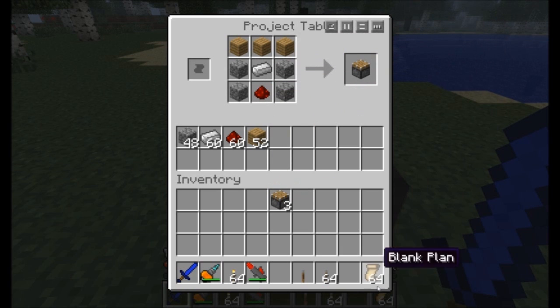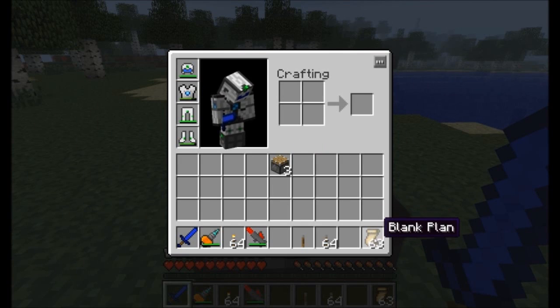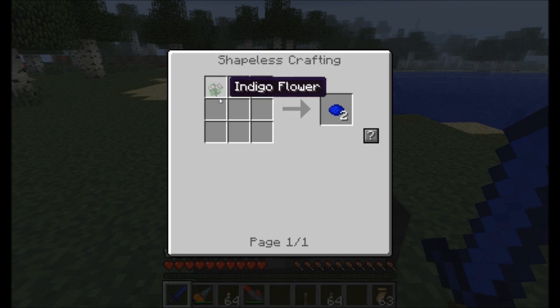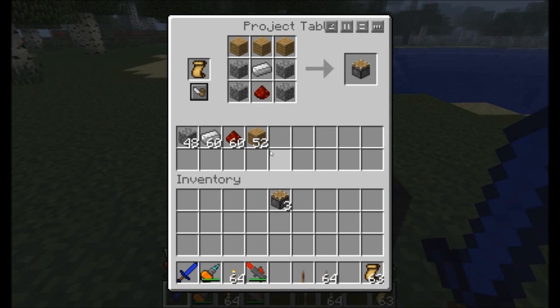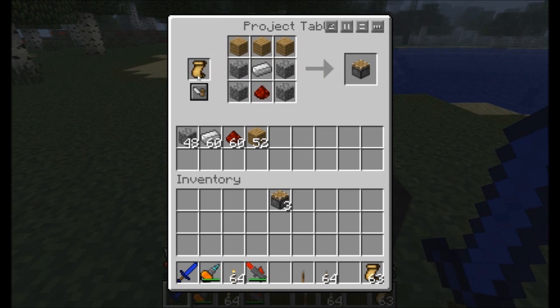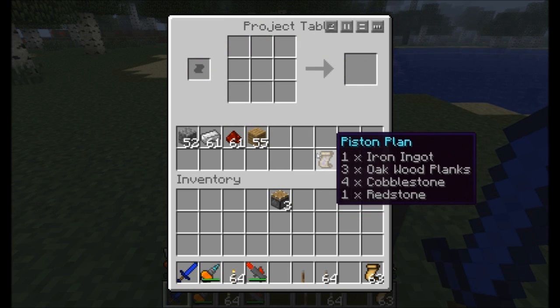Awesome. However, if you want, you can insert a blank plan into your project table. Now, a blank plan is created with a piece of paper and some indigo dye. Indigo dye, of course, comes from the indigo flowers that are added by Red Power 2. Indigo dye combined with paper gives you your blank plan. What you can do is put your recipe in the project table and write that recipe to the plan. Boom. Once that's been completed, anytime you place this plan in your project table, you can see that it